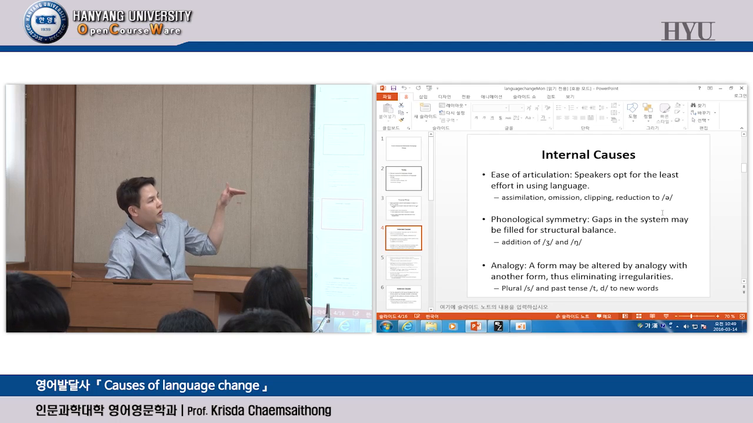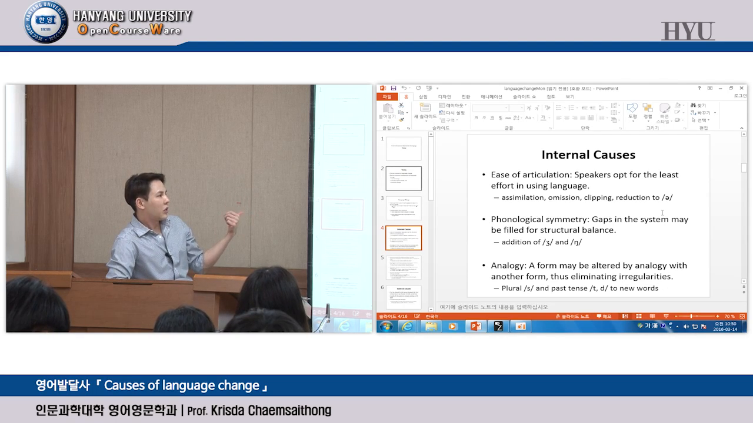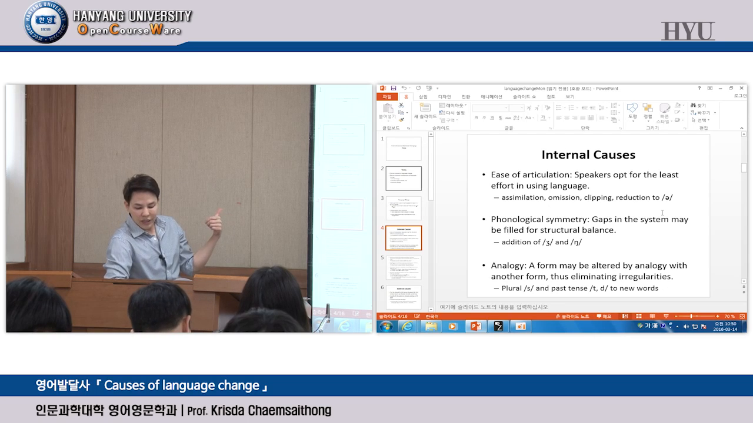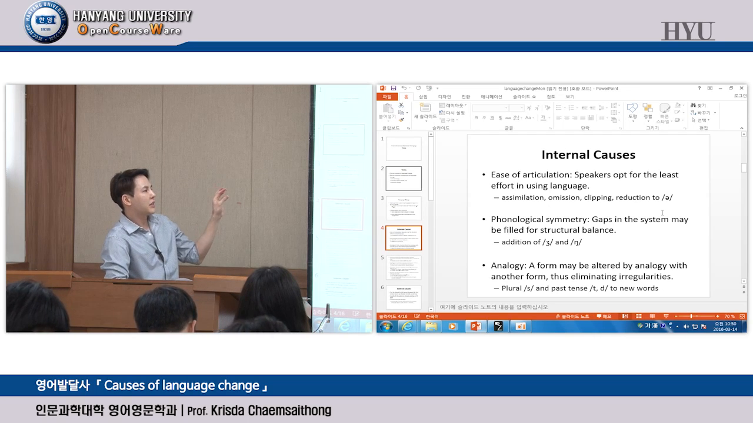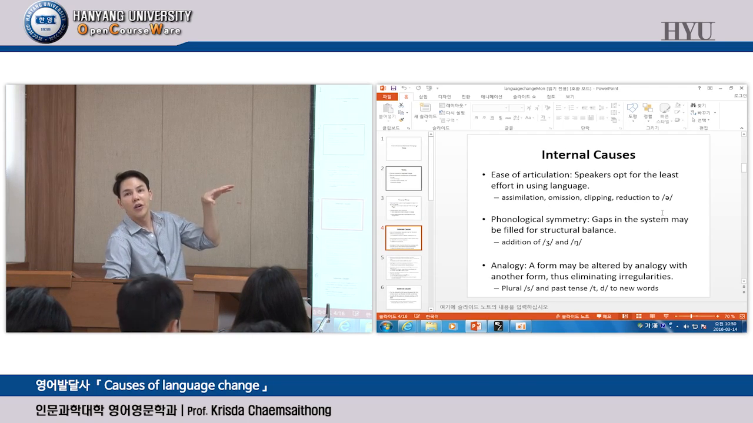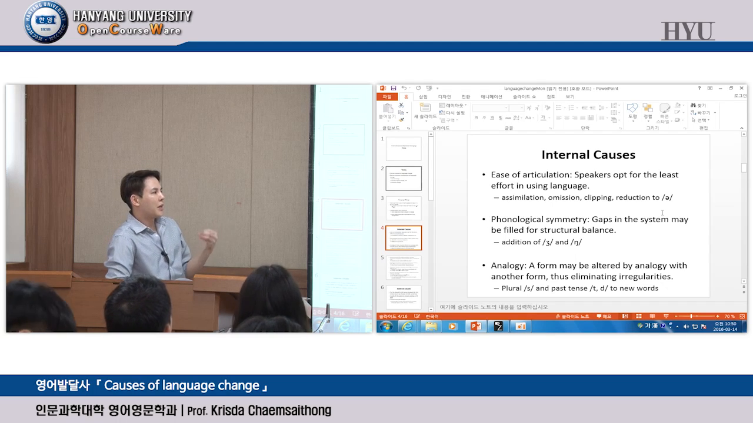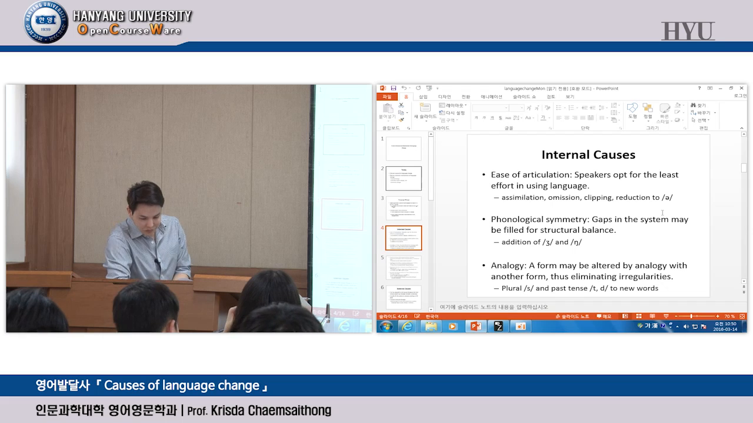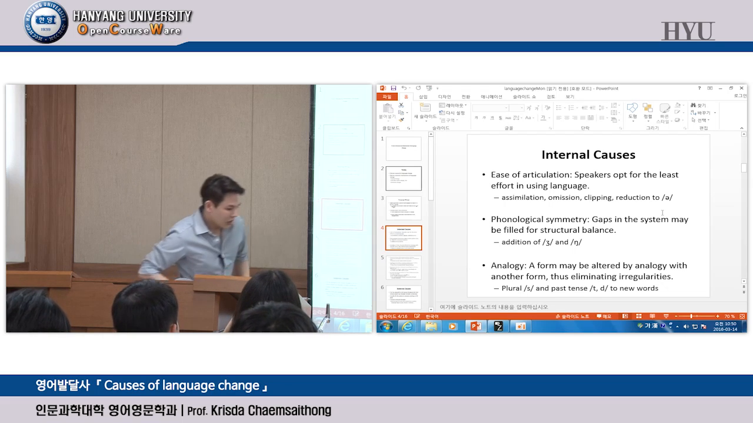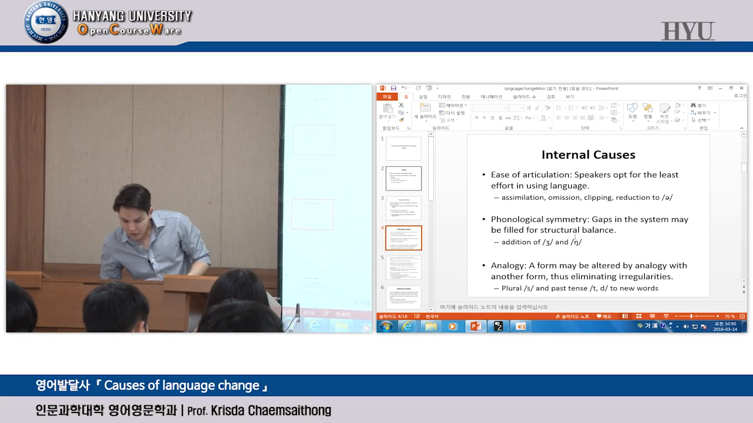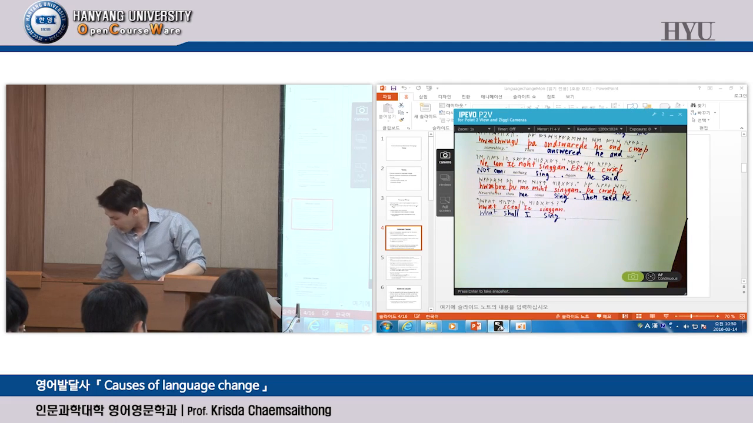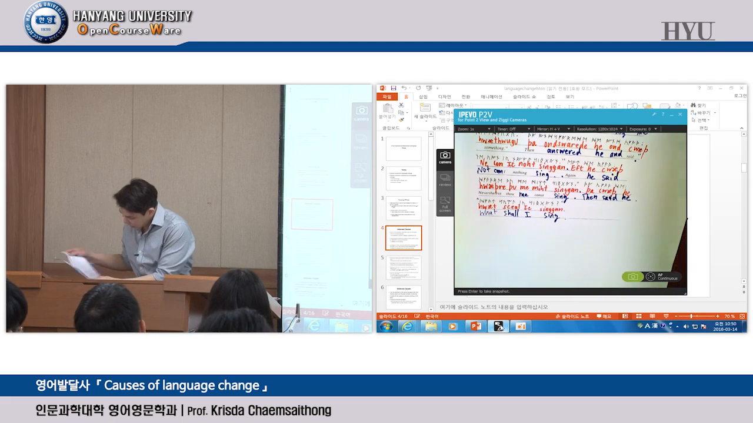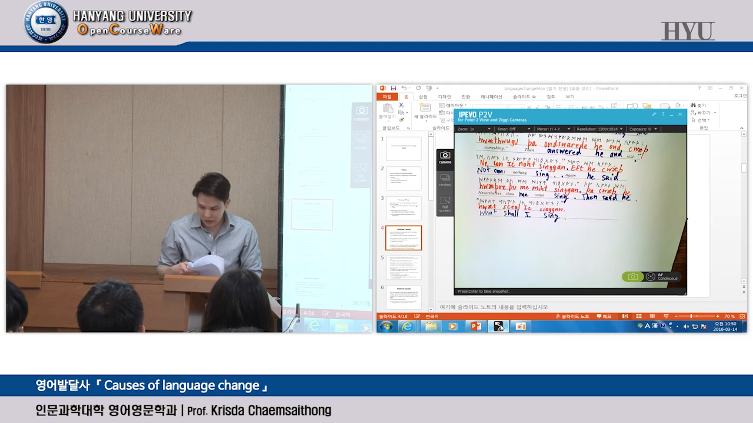Under this category, you have different processes, such as assimilation, which you guys know, right? Assimilation, as in simulate, similar, right? So when a sound becomes similar to another sound, right? Assimilation, for example, let's see. If you have something like this,